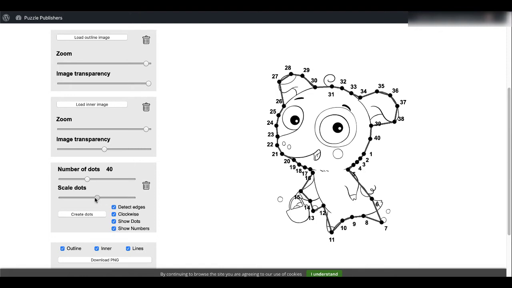Now we'll decrease the dot. You can see the dot getting smaller. Again, it's very customizable, allowing you to change and make this so it suits the needs of your designs. Then of course, when you're ready, you can go ahead and show the dots, you can remove the